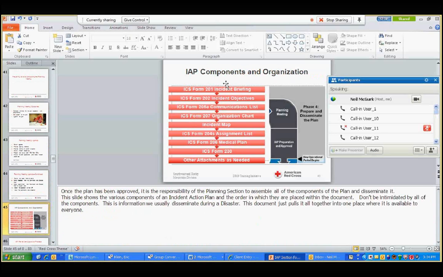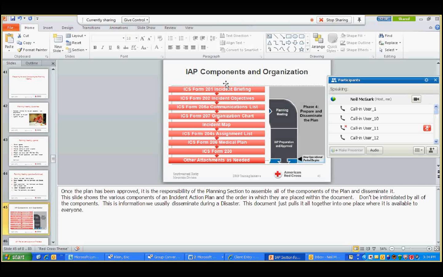Again, the planning meeting is for putting it all together and presenting your IAP to your group for review and approval. At this point, if you haven't already done so, hand out examples of a completed IAP. I can provide you with examples of IAPs, or if you have one from a past operation in the last month or two, you can use that example. Make sure it's a good IAP and there weren't some errors on it, because we just don't want to be training people in an incorrect fashion.